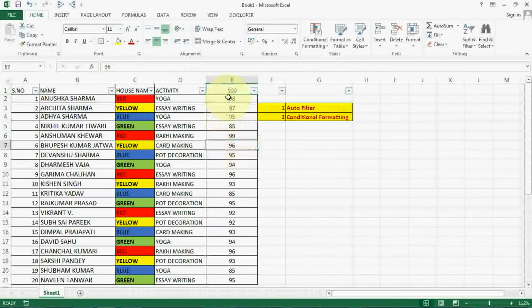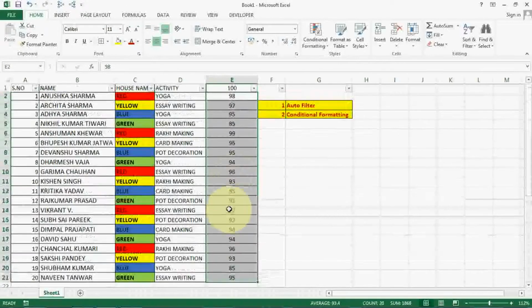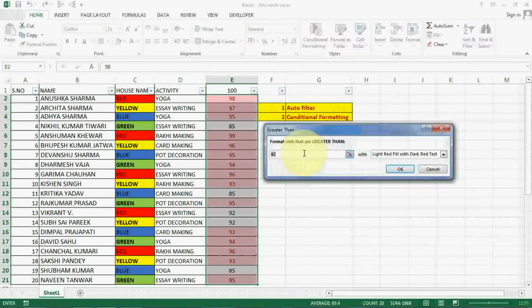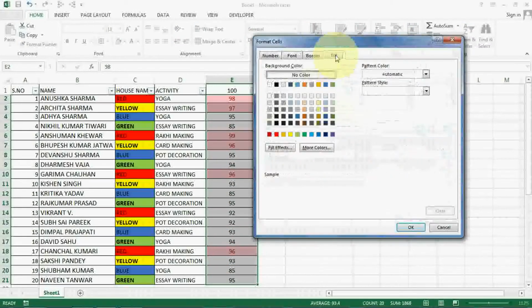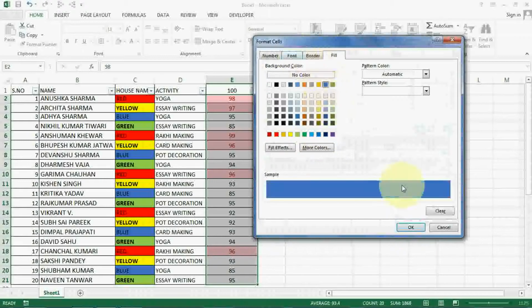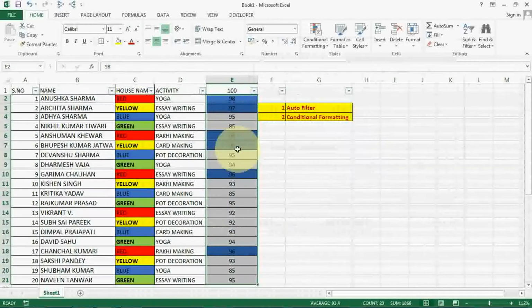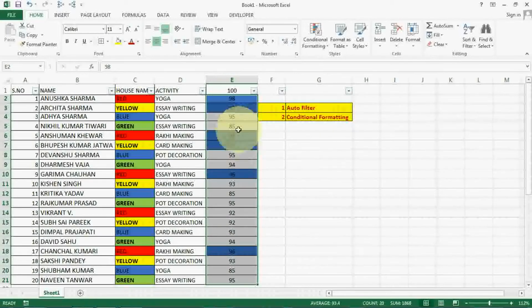Now select this column. I want to display the result of those who scored more than 98. So select Greater Than or Equal To 98, and it should be in blue color. So this blue color I am selecting over here and applying. So here you can see all the rows which have 98 or more, or more than 95, are available in this blue color format. Here it will not hide the data, but autofilter will hide the data and only display those values which are according to your conditions.